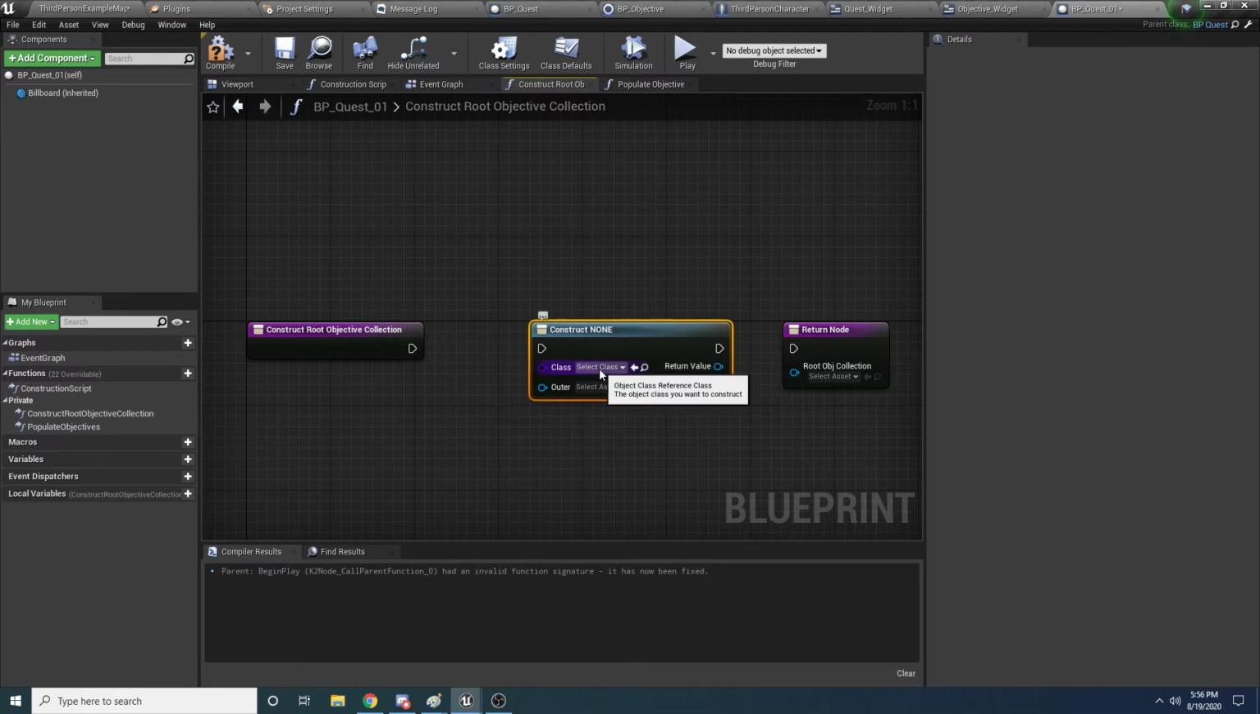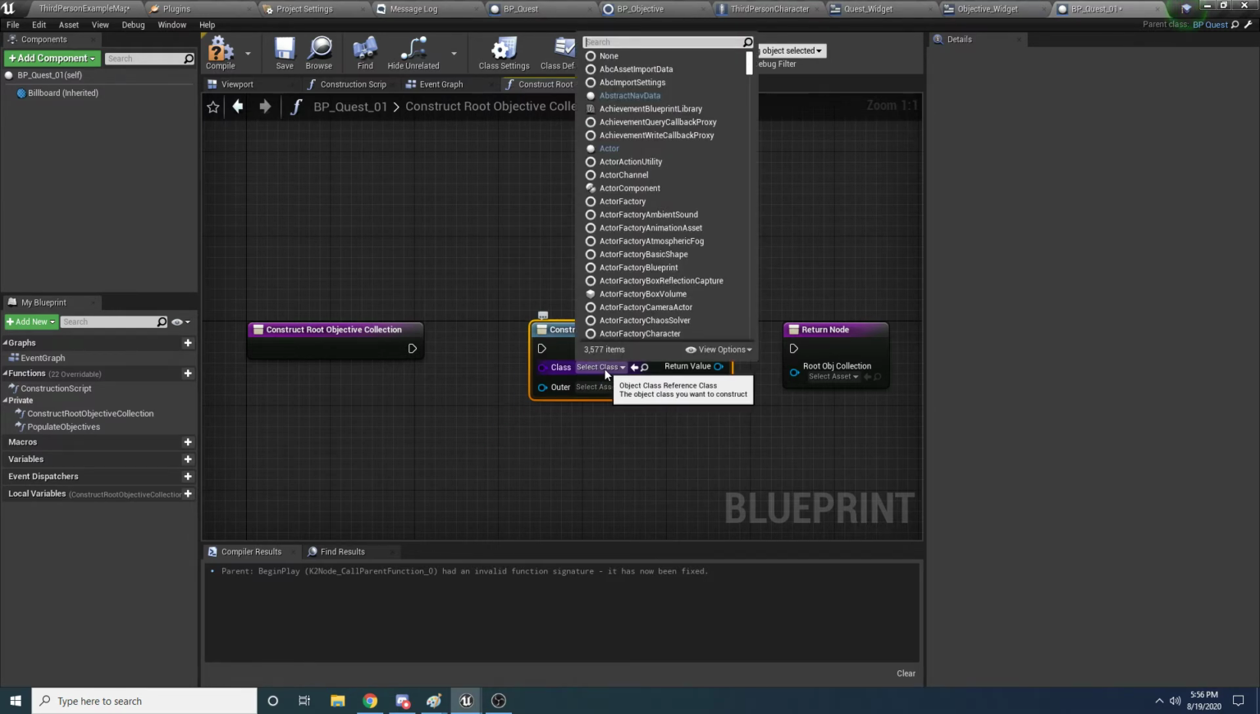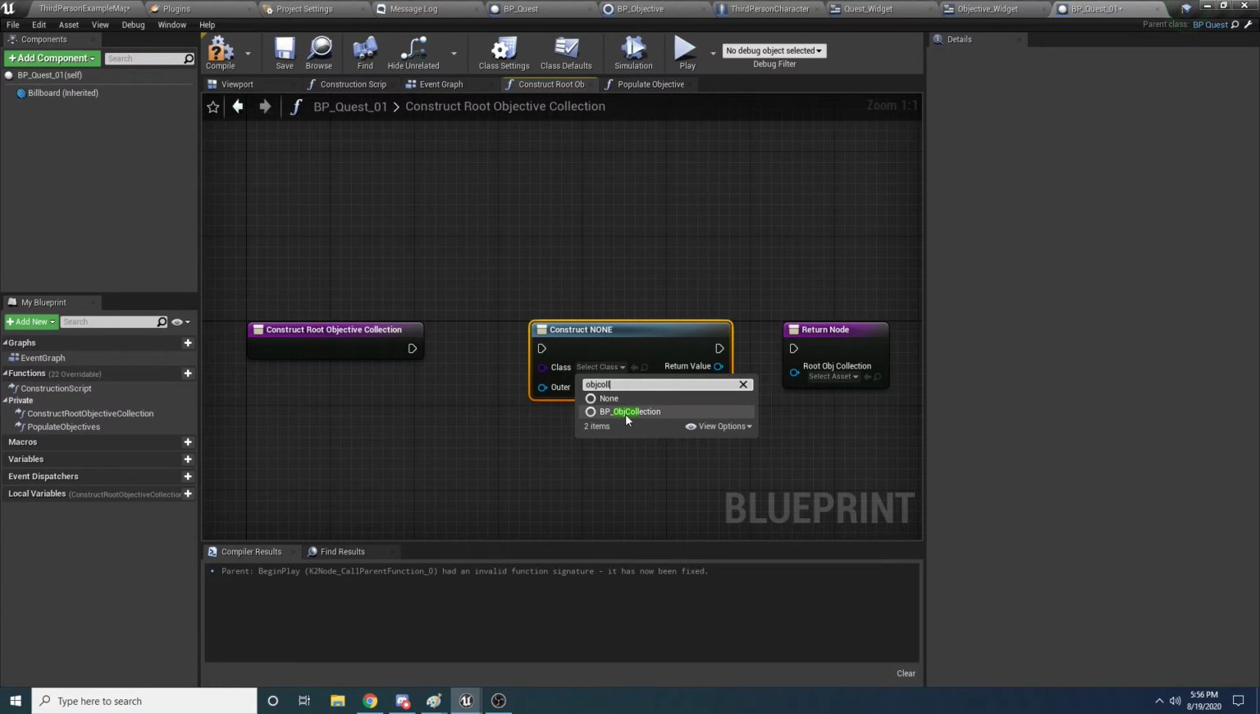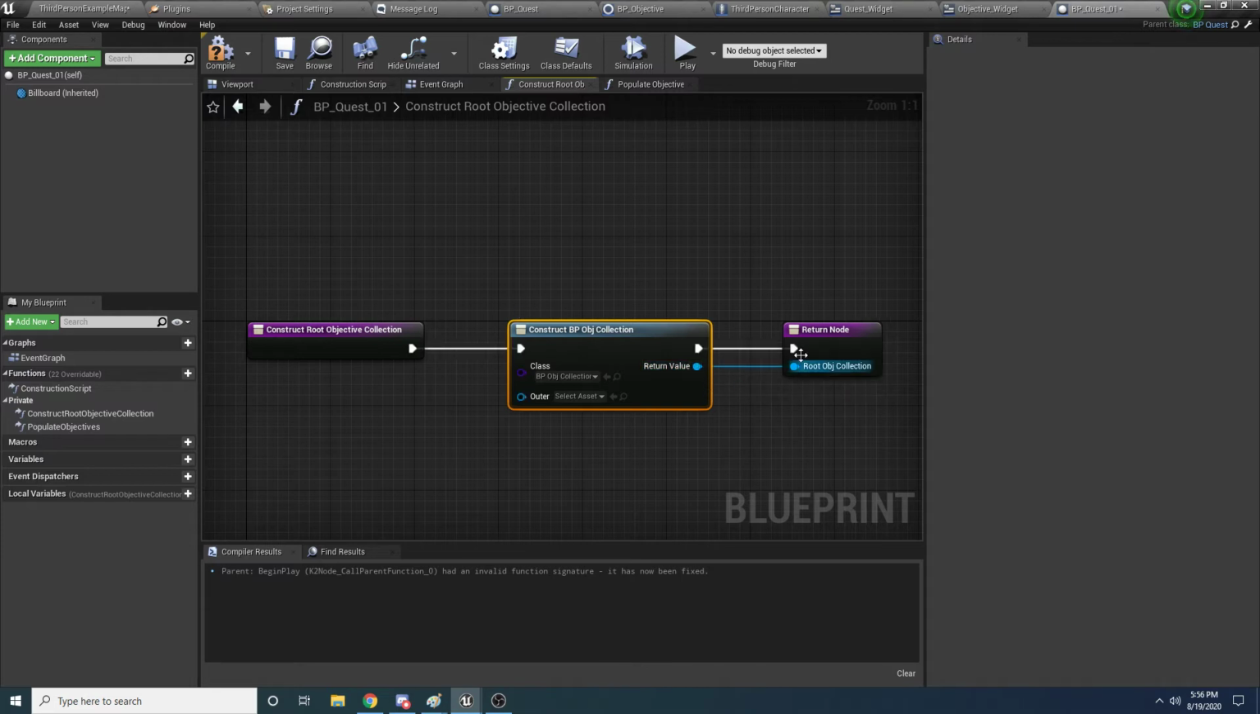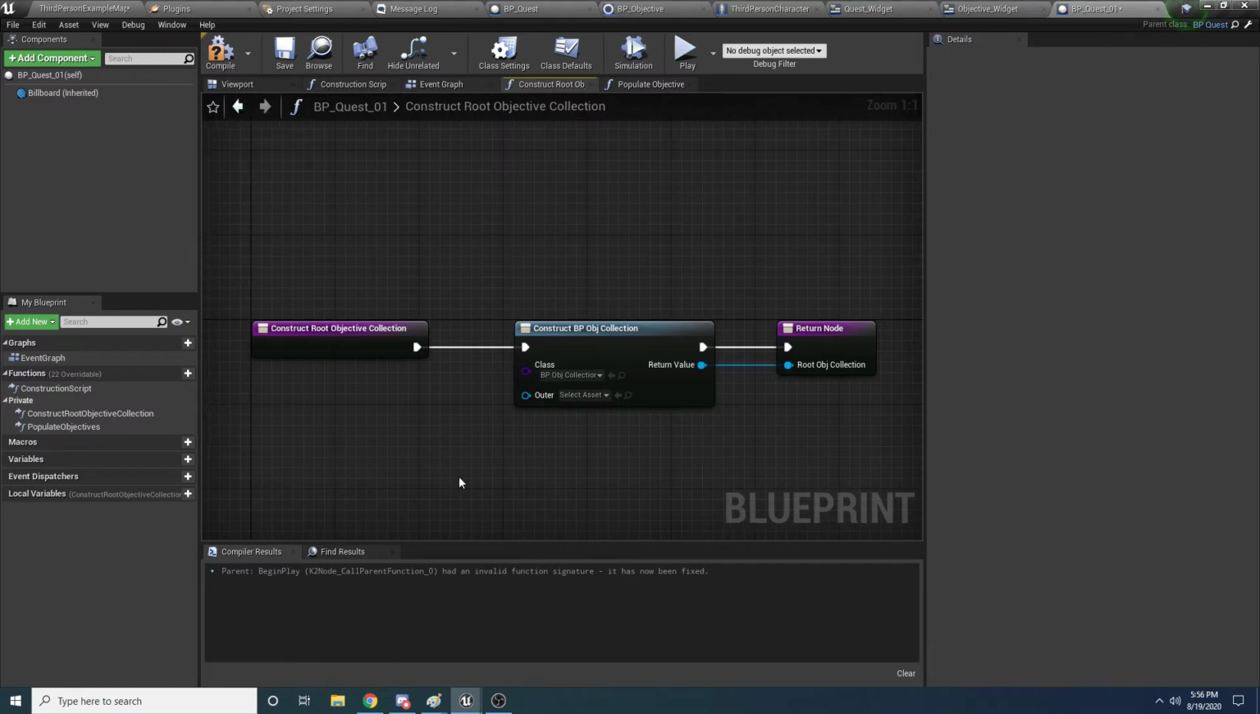So hit this. And the object we want to create is our obj collection. So select this, and then hook up that, hook up this, and hook up this. And then the outer, we want to use ourselves. So we'll say get self reference, just like that. Okay, so